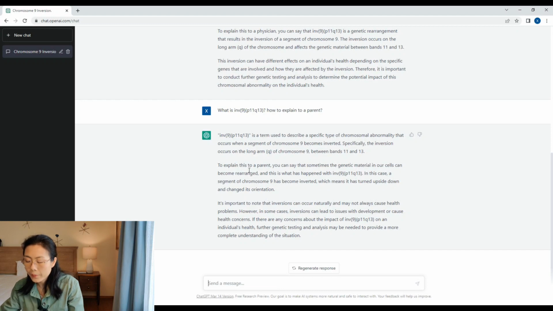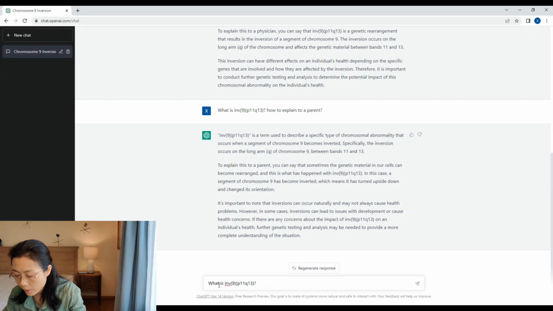And one thing to point out is, as I was preparing for this video, I tried these questions several times. Each time the answer is slightly different. It always gives the content some level of ambiguity and recommends further testing or seeking advice in the last paragraph. But the exact things that it recommends vary slightly when I type the answers in on different occasions. So this is the last question I would like to ask.